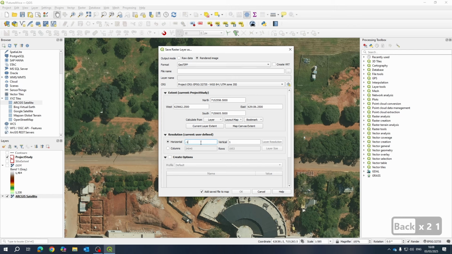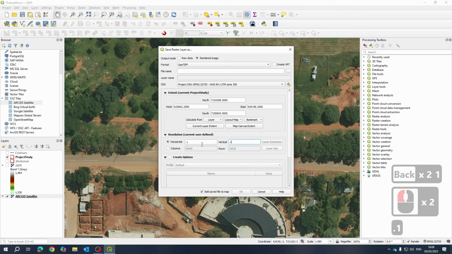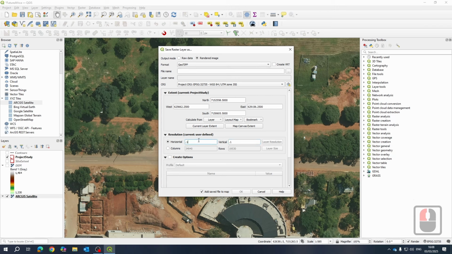If I go 0.1, so that's 100 mil. Remember, this is in meters that we're working. So the resolution per square will be 100 mil, and you can see it's way too many pixels. This will be such a large image. But if I took a guess and said, well, maybe half a meter,